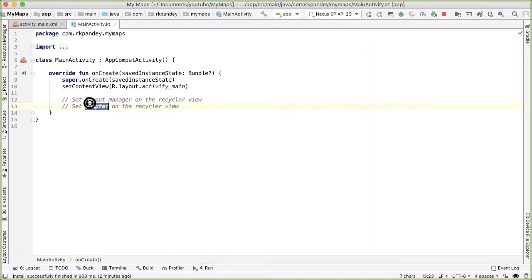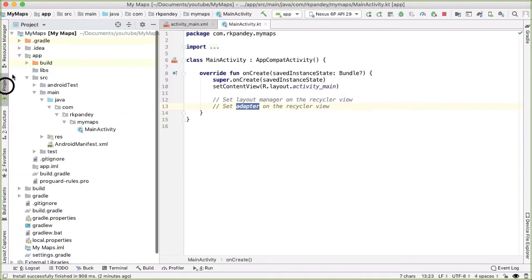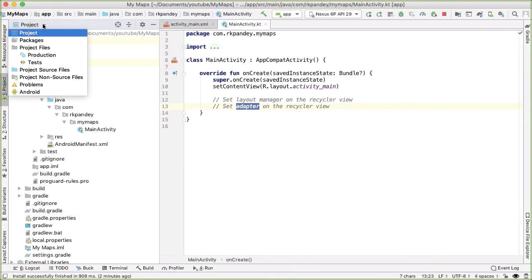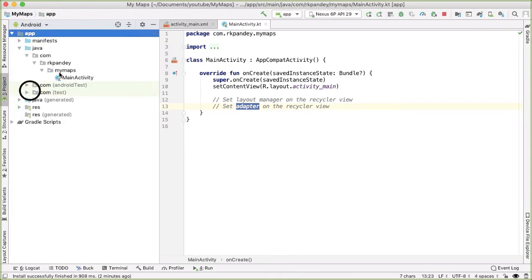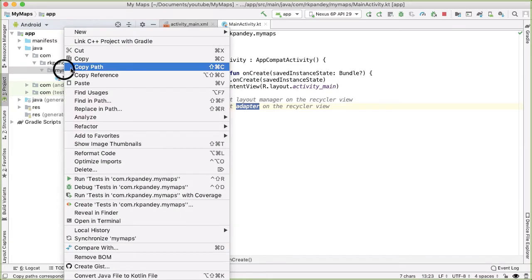In order to make the adapter part work, one thing that's obviously very important is the data. And in general, data is actually really important for any app you build, because typically the way you structure your app and the way navigation will work in your app will all really depend on the data. So that's something that we're going to define right now. So I'm going to change the view of the project to be the Android view, just because I'm more familiar with that. Let's define a new package